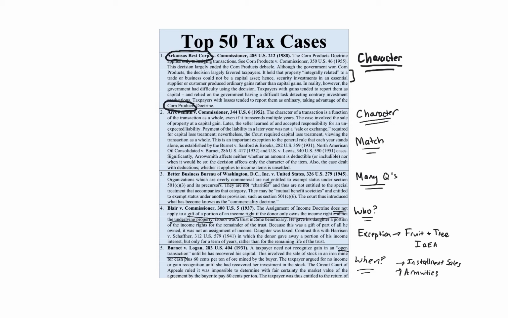So let's say you would invest in some type of investment plan where you're going to put $100,000 into the investment plan over a certain number of years, and then after, let's say you retire, you're going to get, I don't know, $20,000 a year for the rest of your life. Well, you might remember this from when you learn about annuities. When you start collecting those $20,000 a year for the rest of your life, you get to exclude part of your basis every year through what we call an exclusion ratio.